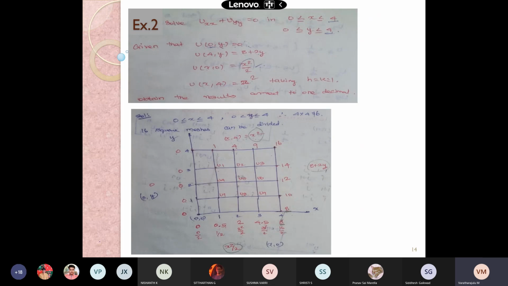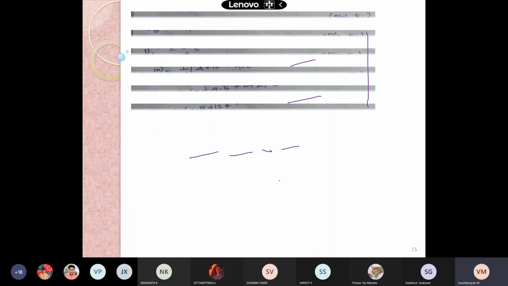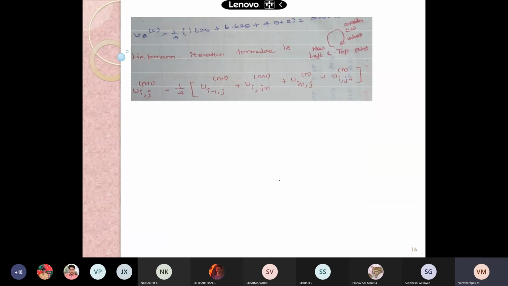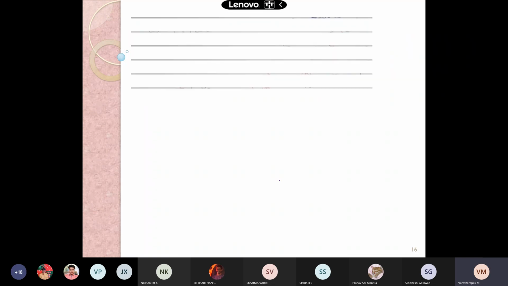See here, U3, U9, U5 and U12. Srishti, all these values are right. U4, U6, U8 are right. Yes, sir. There won't be any deviation, right? No, sir. Okay, then we will continue the iteration. So our U8